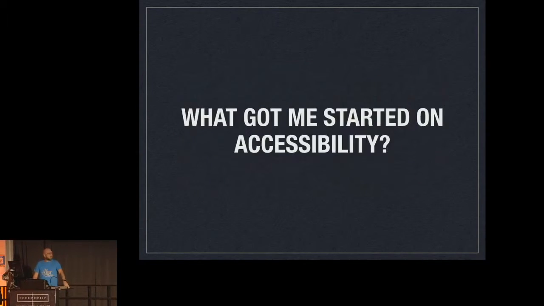So, what got me started on accessibility? This talk started about 12 months ago, when I was doing a lunch and learn at M Brown on the architecture of the M Brown app, as we call it, which is kind of all the apps put together. I touched on how we use accessibility to aid our UI tests, and how the KIF framework that we use piggybacks off the accessibility identifiers. So if you write good UI tests, you're going to help yourself out with accessibility, and vice versa.